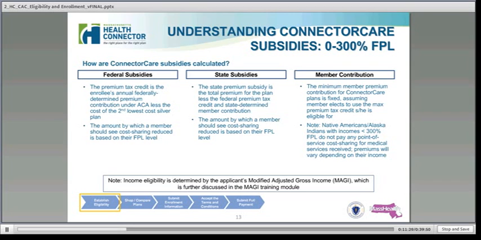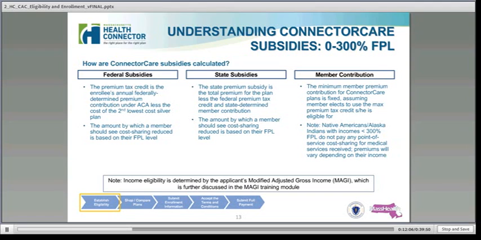And we're going to go through this on other slides, but I really want a couple of things on this. One is, we will go through the examples, but I don't want to cause any panic for people. I want you to remember that the system is going to be calculating this. They're not going to be required to sit with members and do the math calculation. But I think it's important for you to know that this connector care premium, or this connector care plan, is made up of these different pieces.